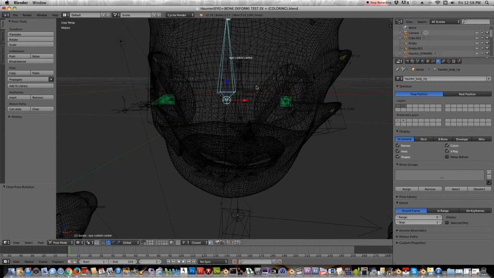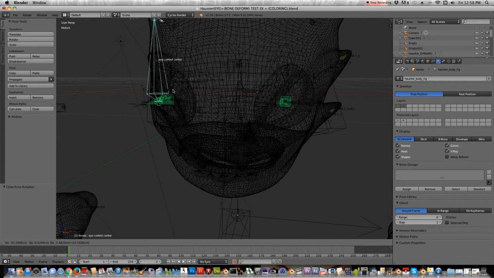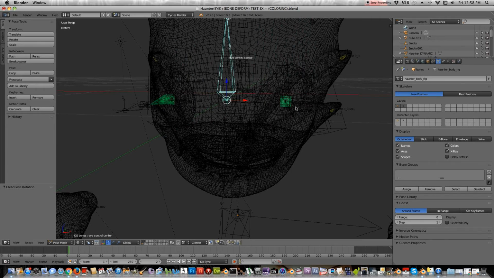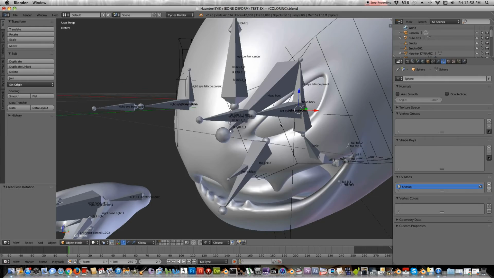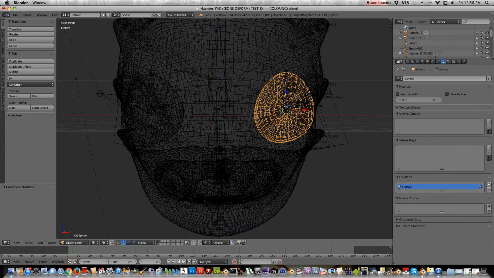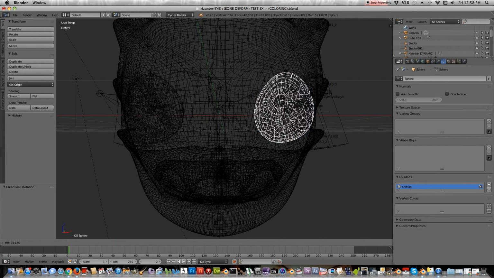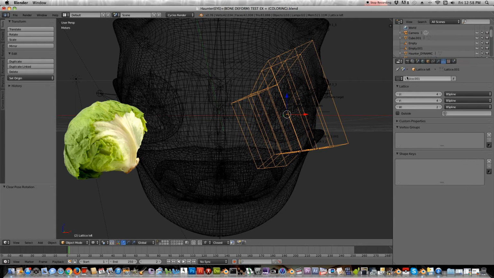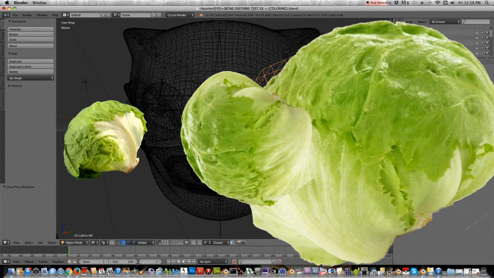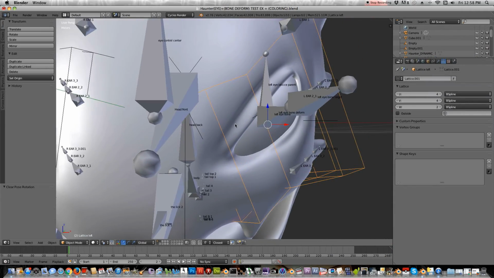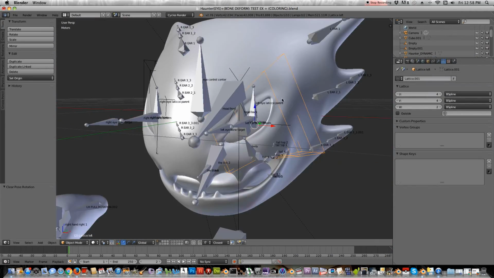Let me see if you can appreciate this more. If I do this, you can see the eyes moving. Also, you notice that the eyes are not spherical shape. Here we go. The eyes are not spherical. What I use is lattice over here that allows me to modify the eye in order to put inside these things and inside the eye